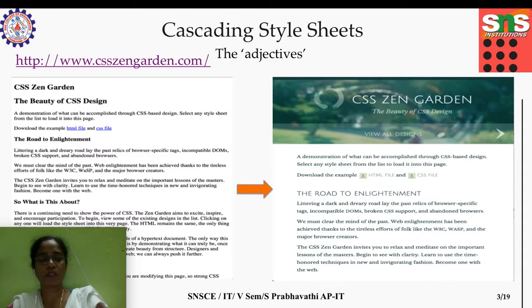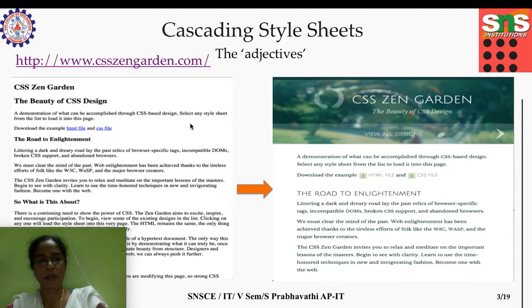Before jumping into the syntax part, let me take you to this site and you will get to know what CSS is. So far we have learned about designing a web page, something like this. Here is a heading element, another heading, some paragraph, and an anchor element with links attached. That's it, nothing more than that. The same page when we apply CSS looks like this, more attractive.